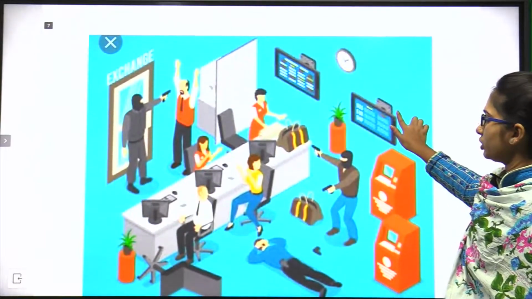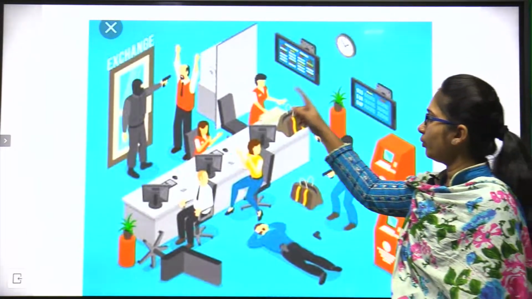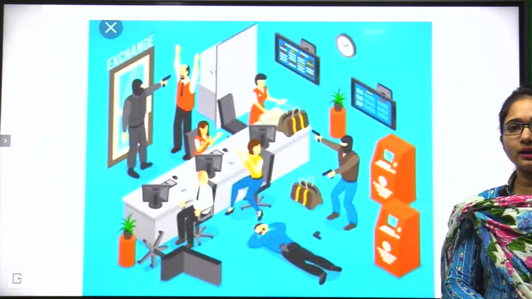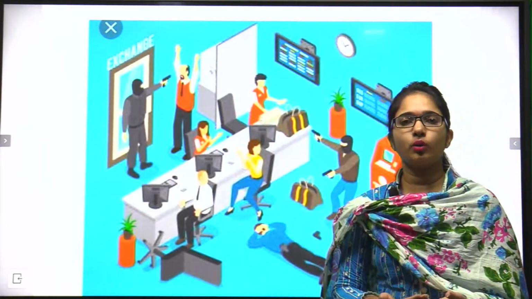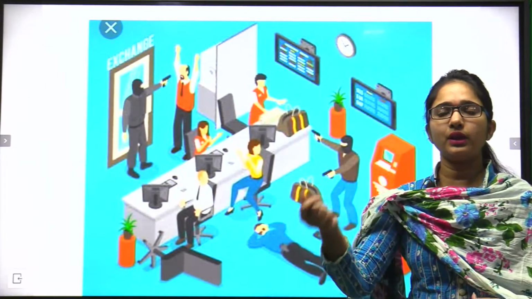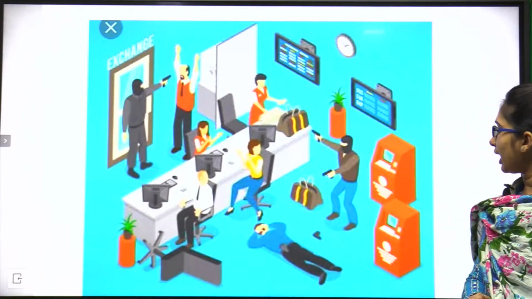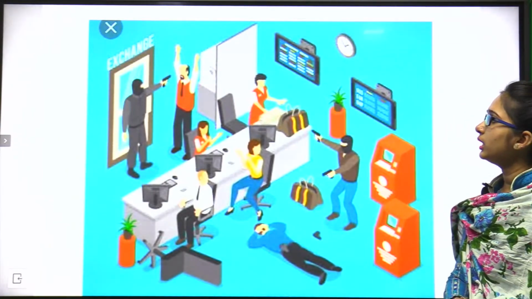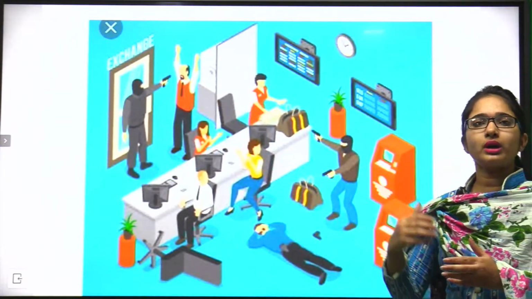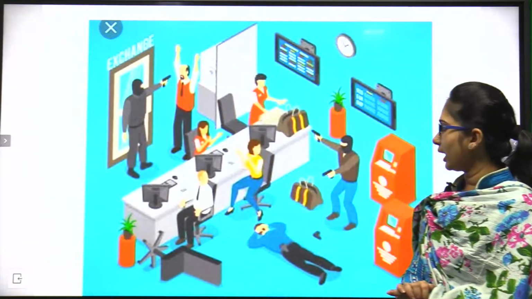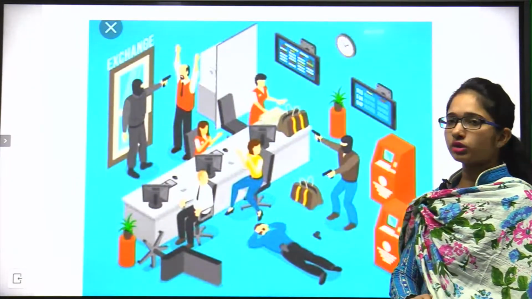This is the next picture. You can see that this is the exchange room. If you go to a bank and want money, money is exchanged. What we do in banks is deposit money and withdraw cash. In this picture, you can see that exchange is written here, so cash is there. If you want to exchange any money, you can take it from there. The manager of the bank is there, and some customers are also sitting there.